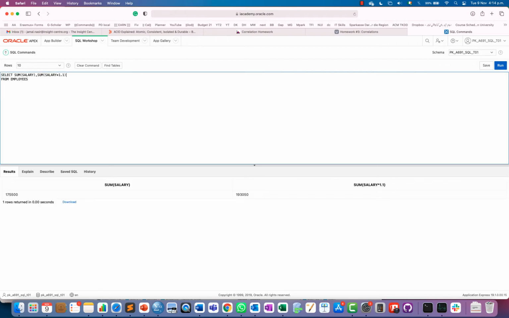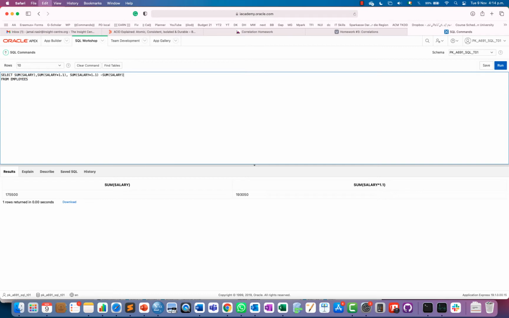So you can see existing salaries, for example, they were giving 175,500 euro or any other currency, but with a 10% increase, obviously they have to give 193,050. Even you can get the difference of it, this thing minus this thing.